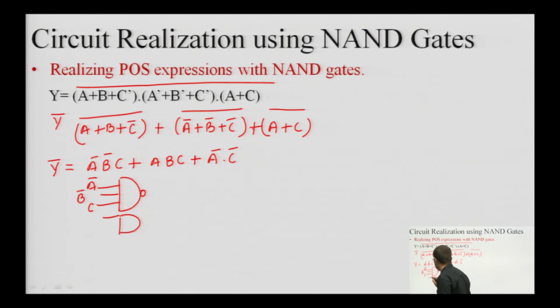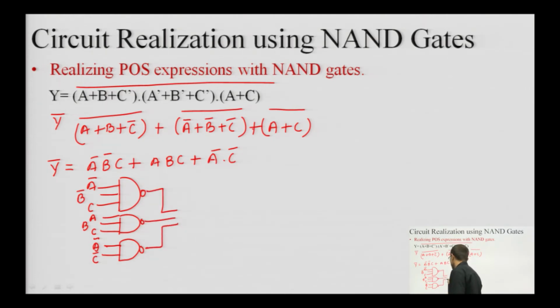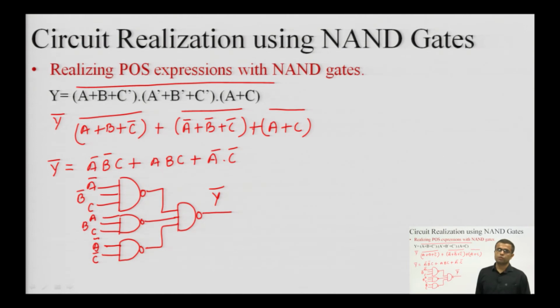Another product is A, B, C. Third product is A bar, C bar. So, all these are NAND gates, they have to be added together. For addition, I am again using a NAND gate, but the thing is, this is the expression for Y bar, this is not Y. We have realized the expression for Y bar, and now to obtain the expression for Y,